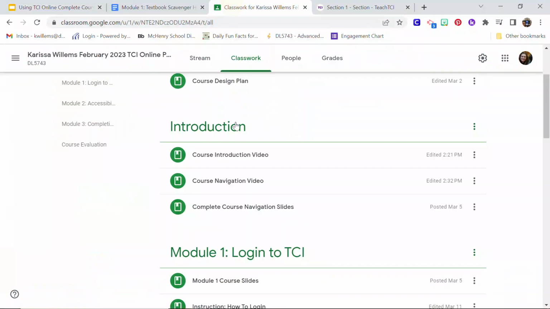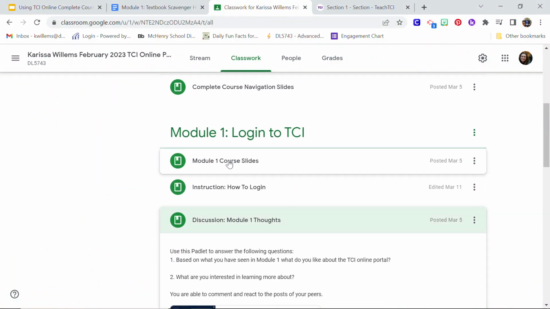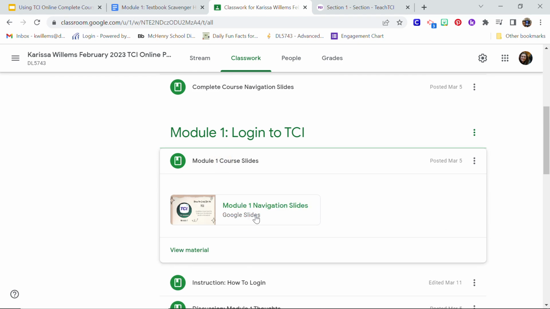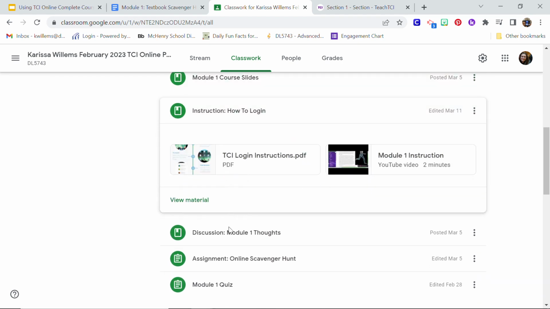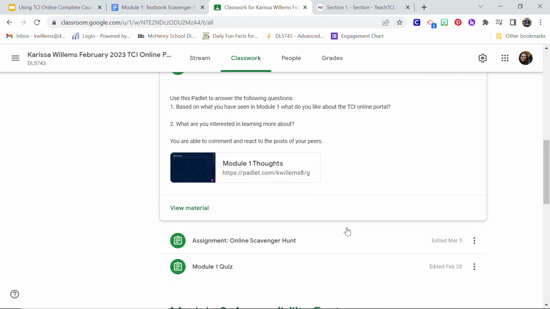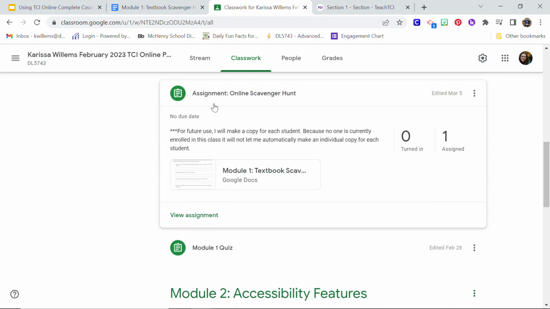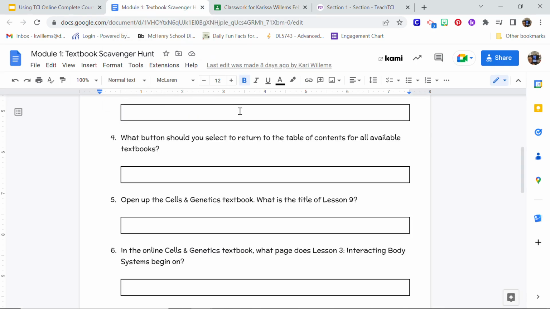So again, if we go back into Google Classroom, this is what I mean by repetitive. Here are the course 1 slides, which that's what we were just looking at. Here are the videos in PDF. Here's the Padlet linked right there. And then this is their actual online assignment. So all of their assignments encourage interaction with the actual module,